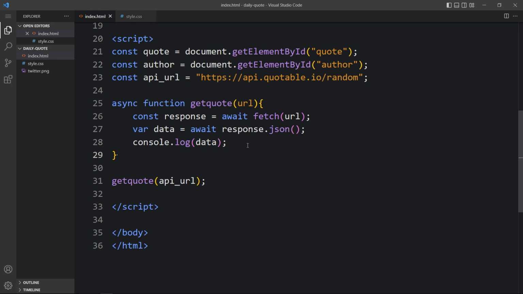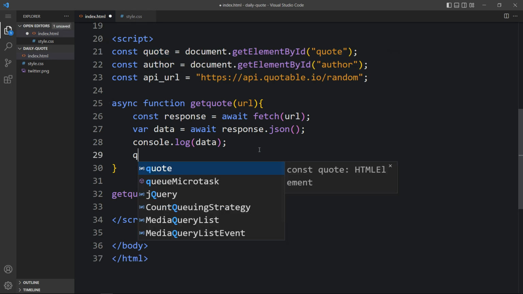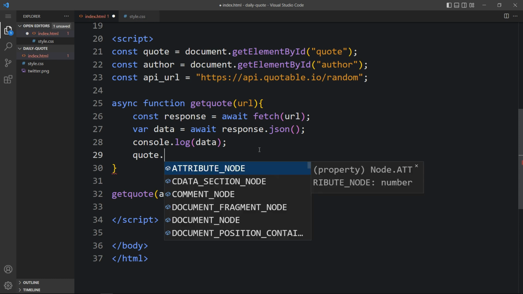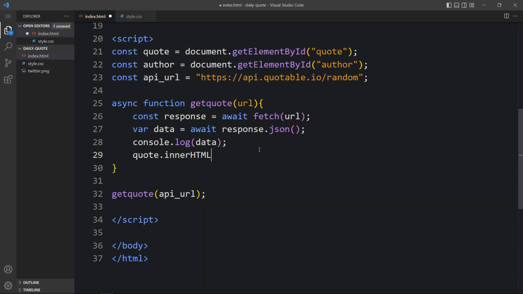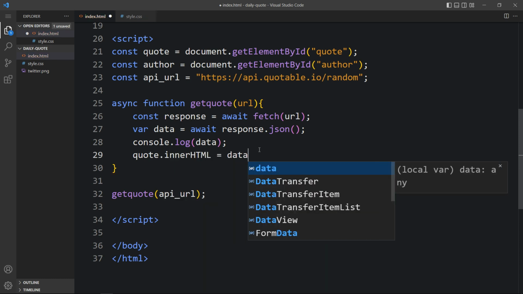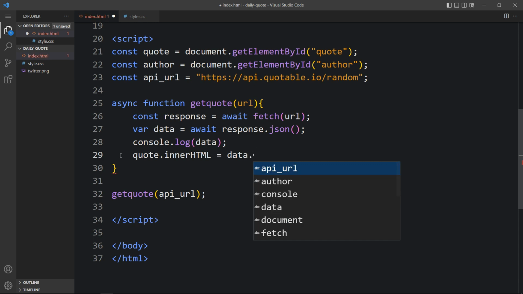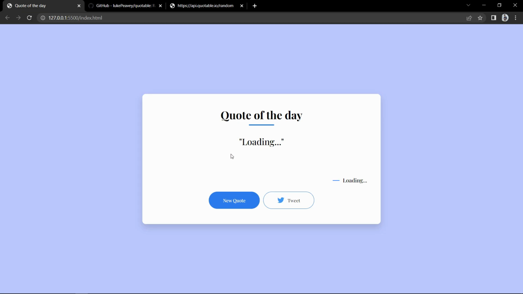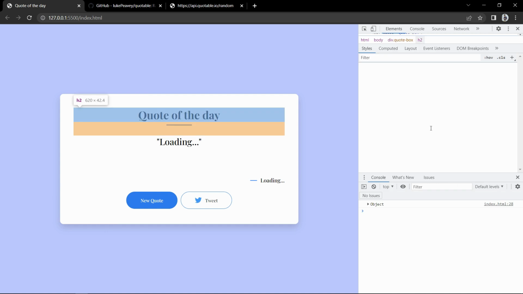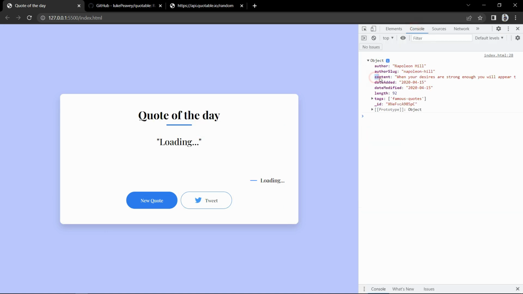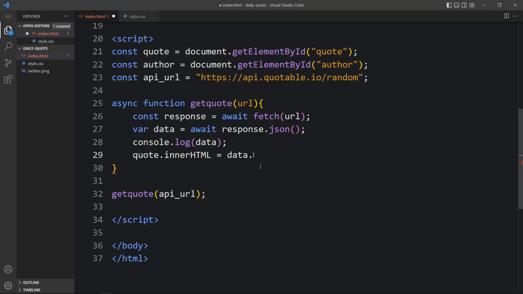Next we have to display the quote from this data in this quote and author. So here we will add quote dot inner HTML equal to data dot. In this data dot, let's come back to the website, and here you can see we have the content. So we will add this content here, data dot content, that will give the